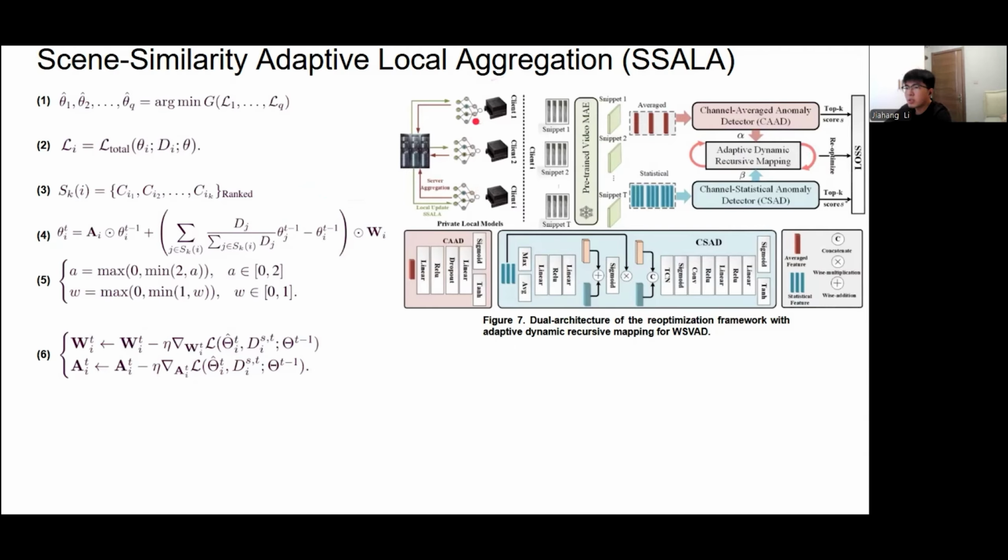Each client first trains its local model, then based on the SSIM scores between scenes, each client selects the k most similar models from other clients. These selected models are aggregated into a personalized global model, which is then returned to the selected clients.